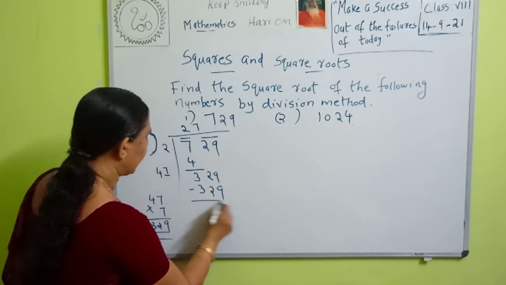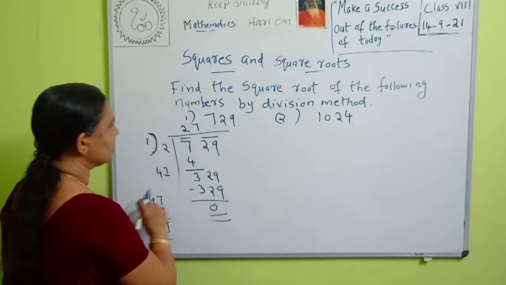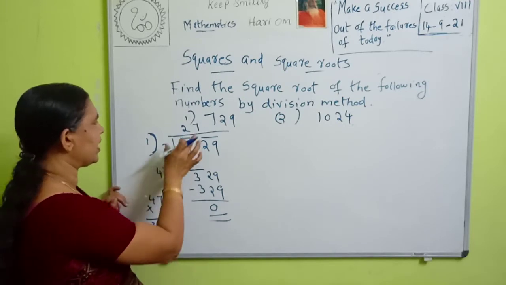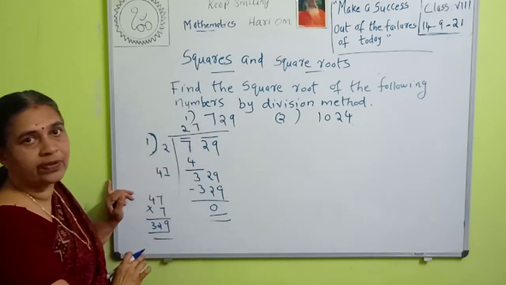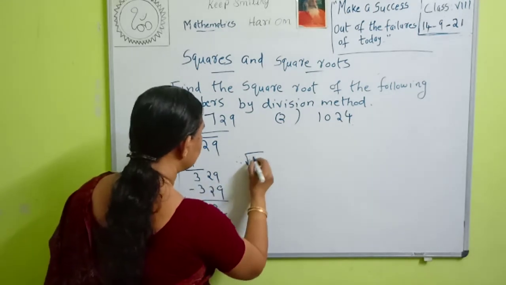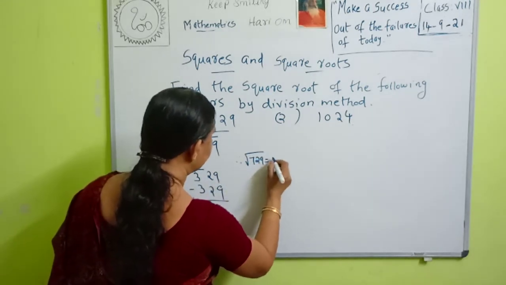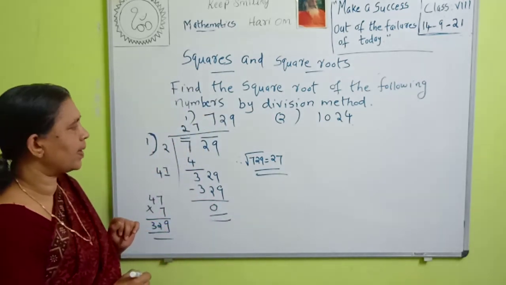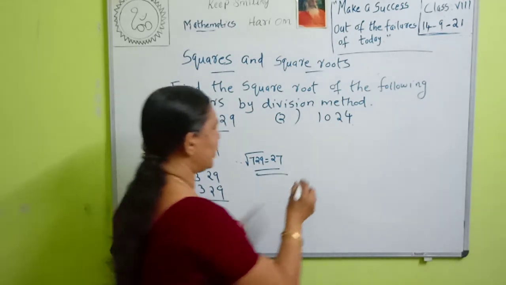Then what is the remainder? Remainder is 0. Then what is the square root of this 729? This answer is the square root of 729. Therefore, square root of 729 is equal to 27. Okay. Then second question,